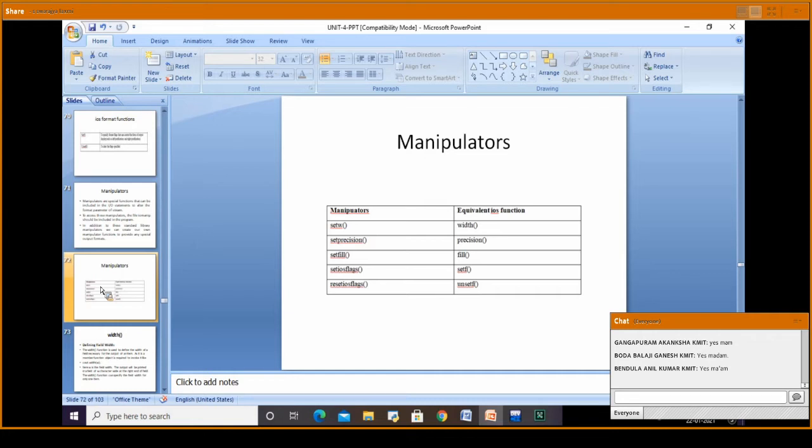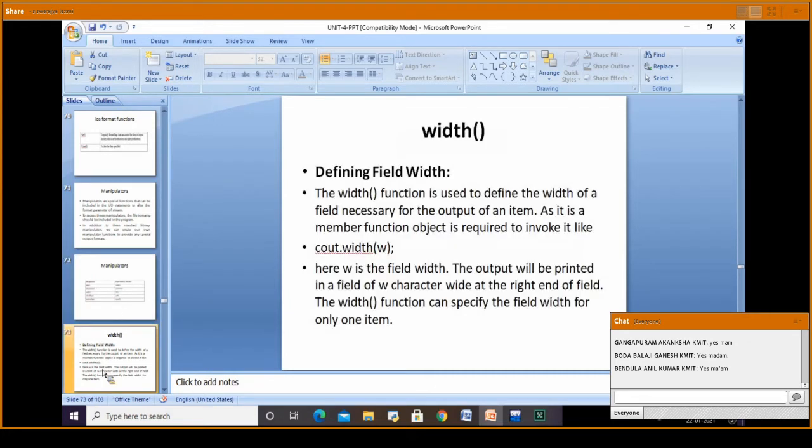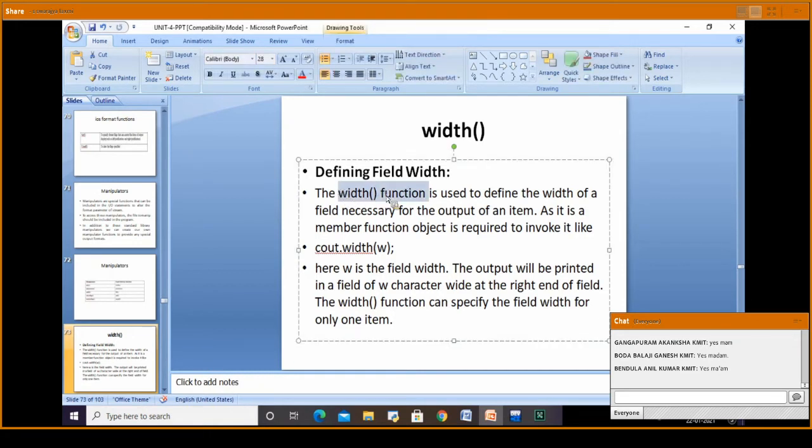ios functions. For specifying the width, we have the width function. The width function is used to define the width of a field necessary for an output.